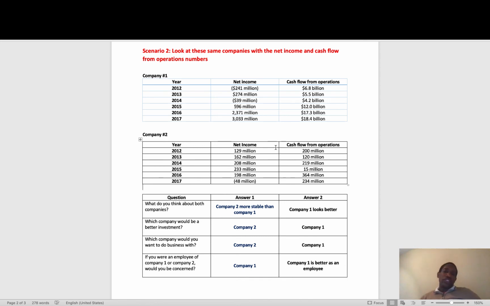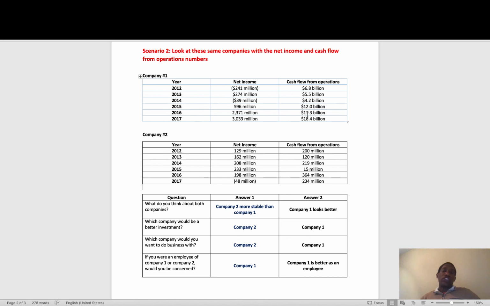I like to bring this up because if you only look at net income, and you will probably remember from the beginning of the course, net income tells you here's what I sold my goods for, and here's how much it cost me to produce those goods. I take the difference, and if it's positive, then I have profit. If it's negative, I have a loss. So the net income number doesn't tell me anything about how much cash I actually receive from generating goods and providing services. The cash flow from operations does.